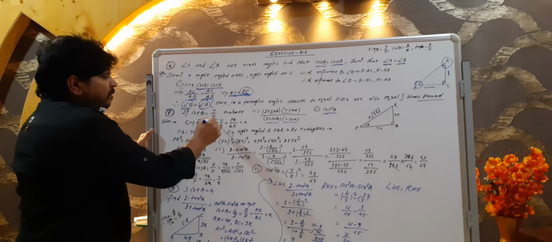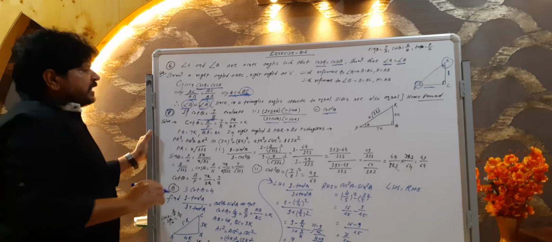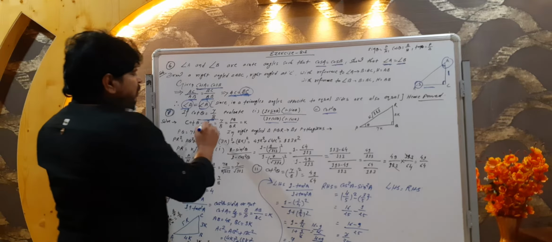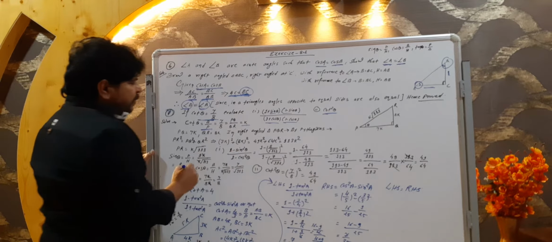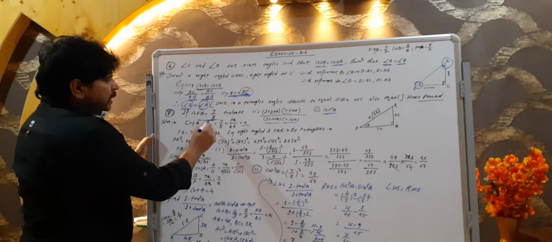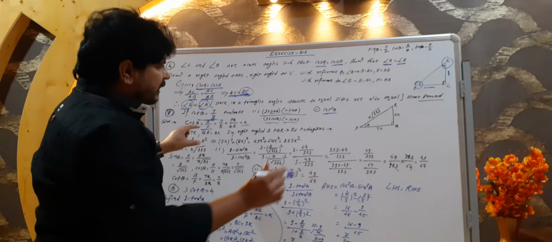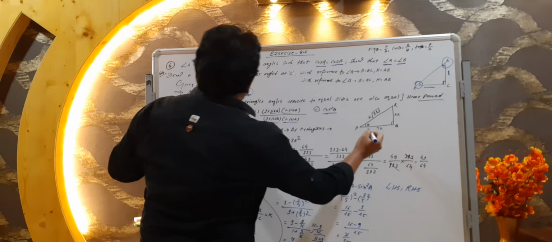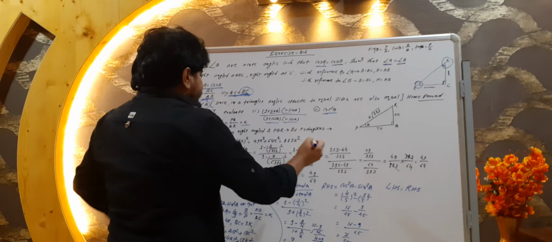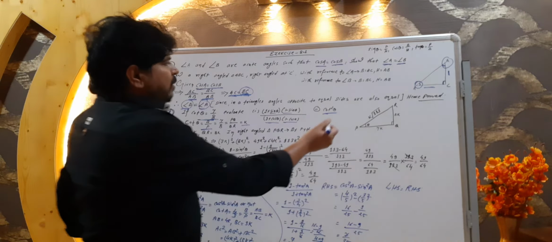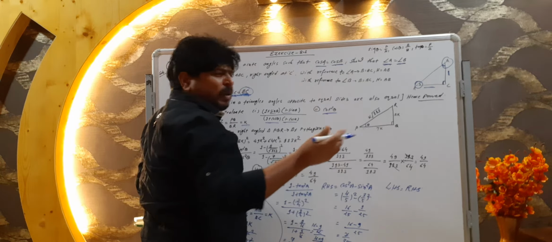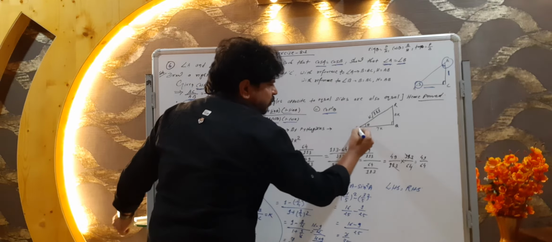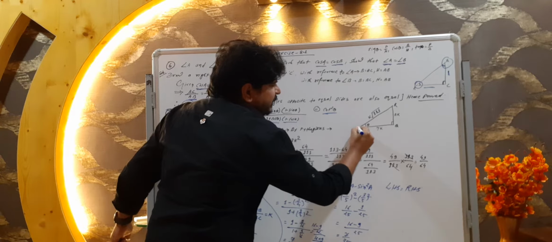It is in the form of a ratio, so we take one positive constant, which we'll imagine to be k. So we can write base upon perpendicular. Now we have to draw a diagram. We can name it ABC, PQR, or XYZ as you wish, not an issue. One right angle triangle is here.